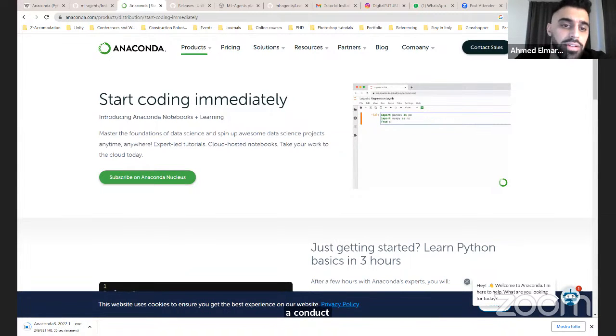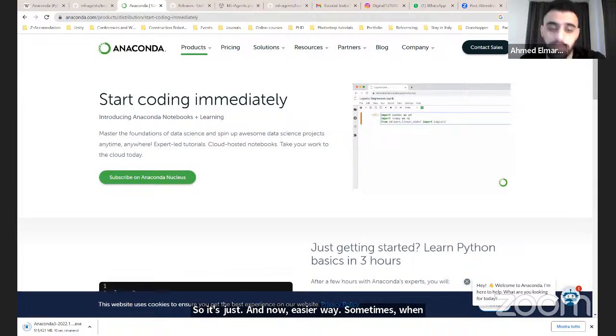Normally you can access Anaconda two ways, through the prompt, which for those not familiar is like the DOS of old times. It's just an easier way, sometimes, when you're coding to do what you want to do. For people who are not familiar, I would recommend this way. Let's say you have the actual style